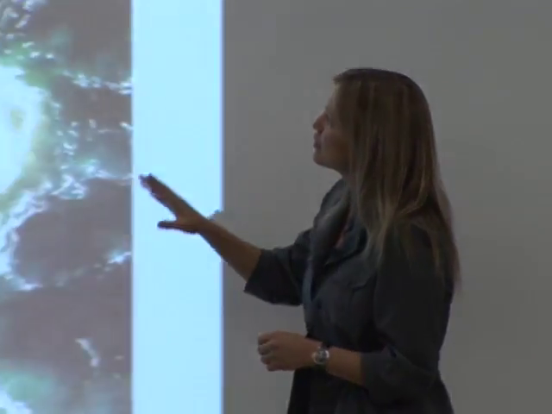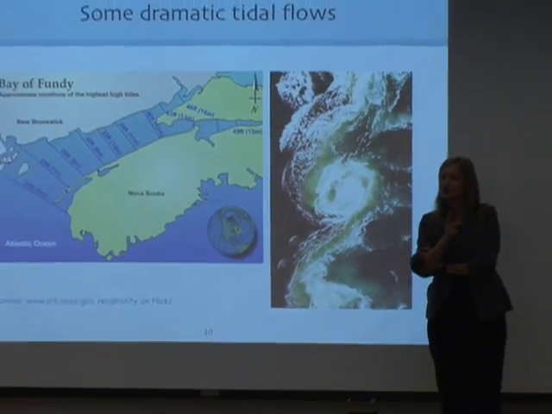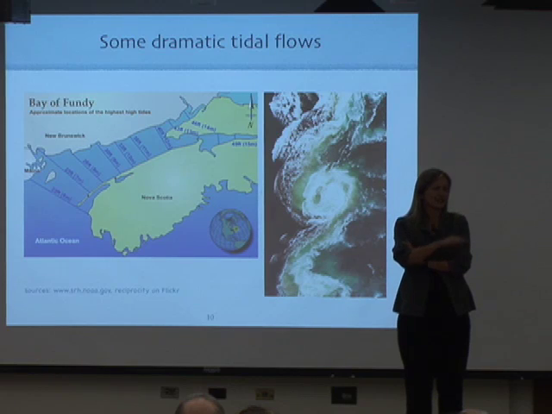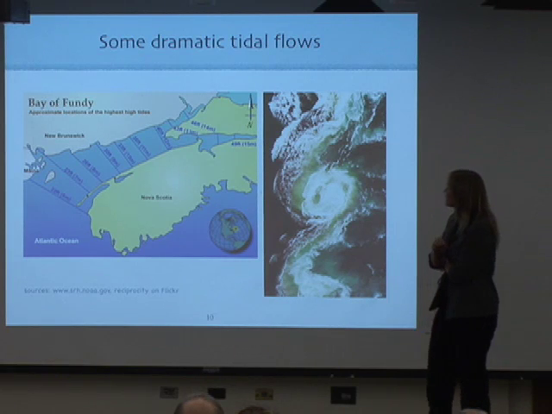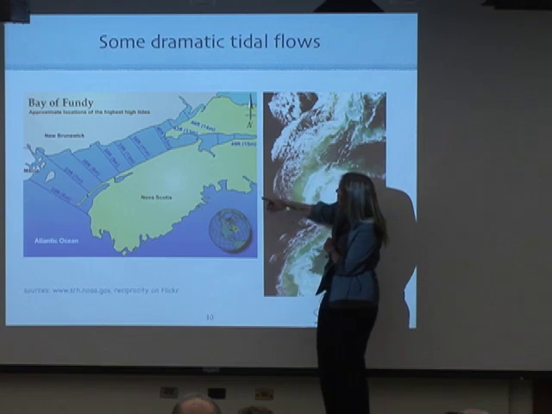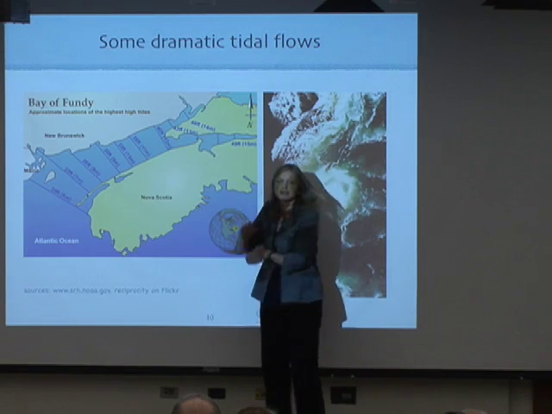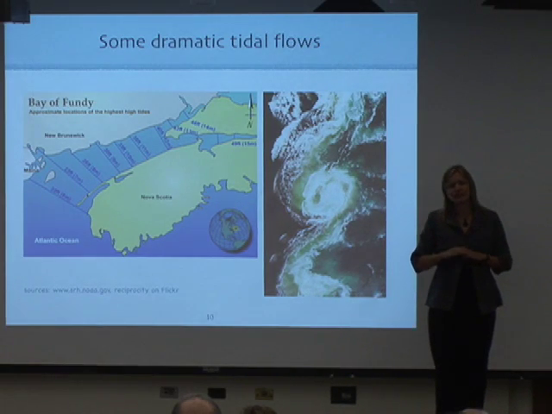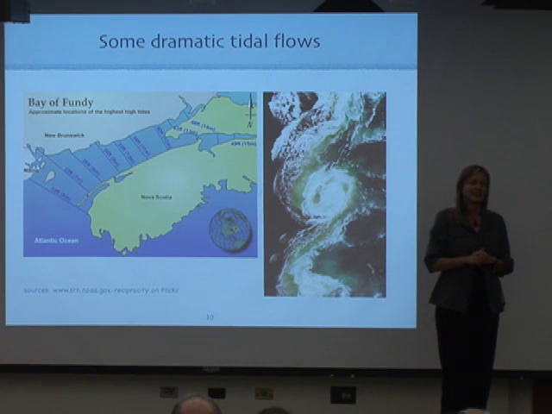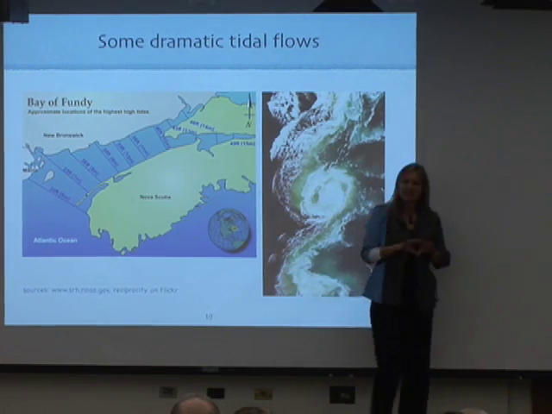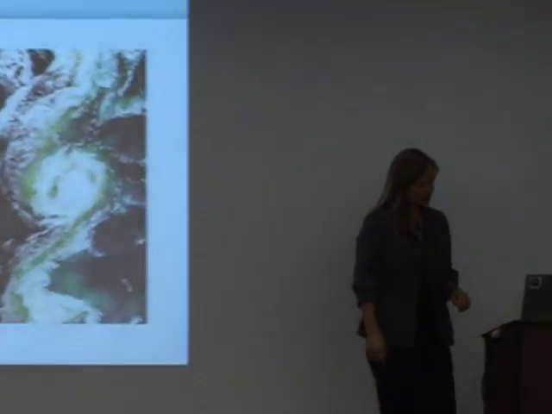Now, there are some dramatic tidal flows around. The main example that's always put, or there's two examples. One is the Severn estuary in Britain that has a fantastic tidal range. Now, elevation gain is meters high. And the other one, which is really the champion in the world, is the Bay of Fundy. That has, I don't know if you can read this, but it has tidal elevation of 14 or 15 meters. So the difference between high tide and low tide. So that's an incredible amount of potential energy that you could tap into. And the Bay of Fundy has been the topic of many, many discussions, tidal and also wave energy systems.